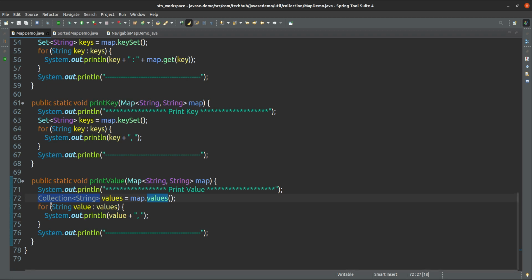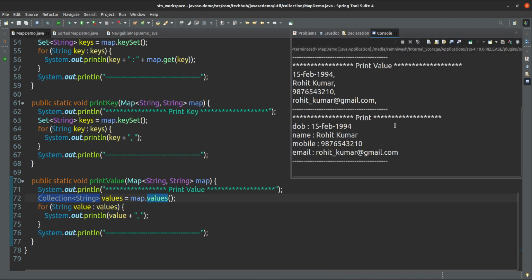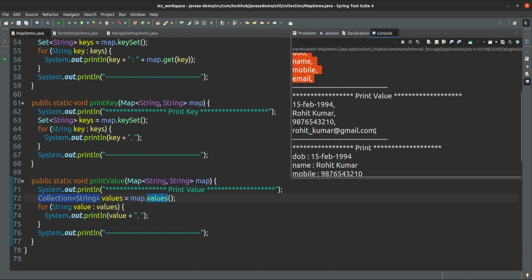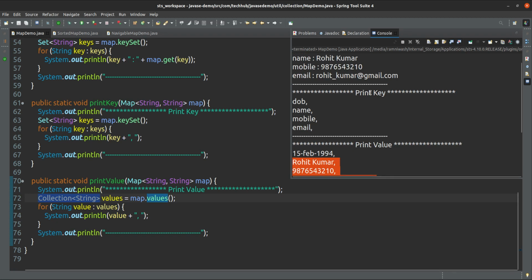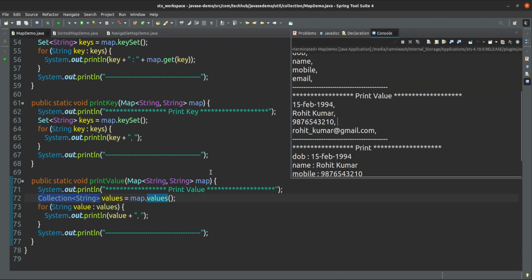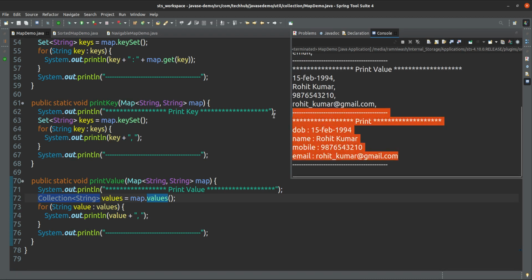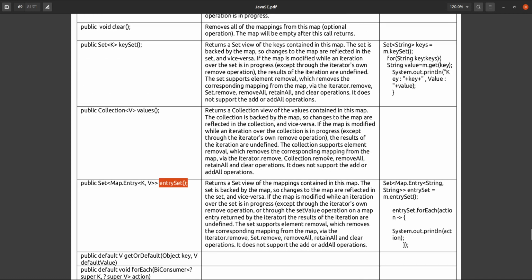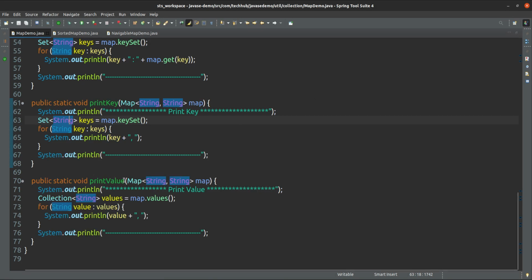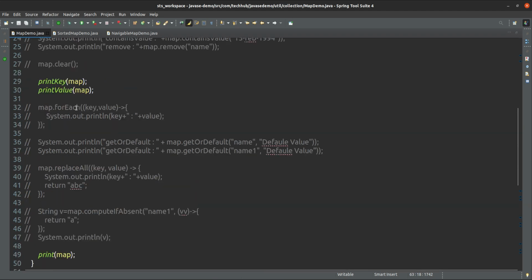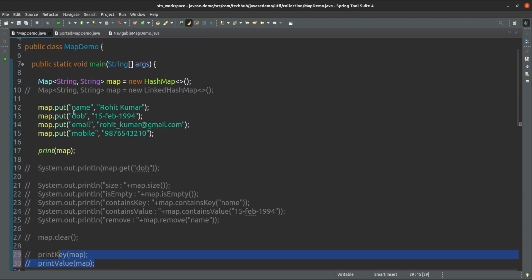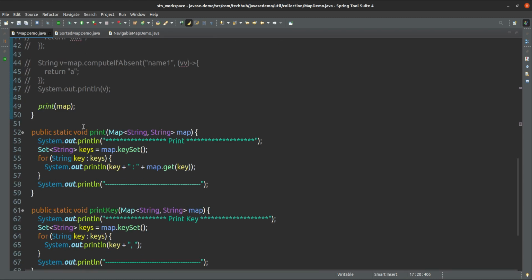Okay, so here if you run this one, you will see all the keys, first time all the values I am printing, keys I am printing, value I am printing. This is 2 times actually that map we have printed. Okay. The next one is, if you want to get entrySet, that also you can get. Suppose currently it is not there. If you want to see the entrySet, we can see that also.